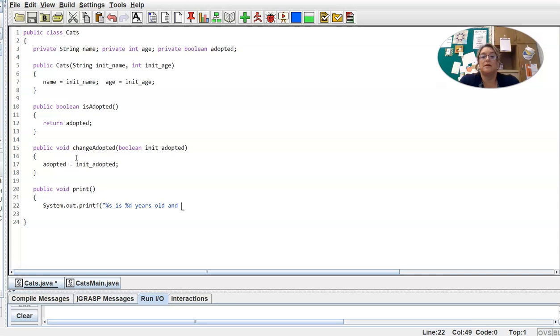And its adoption status is, and then we can put a %B for Boolean, right? That's going to bring in the Boolean variable. Then we want to go to a new line, so we'll use escape sequence \n, and we can close our